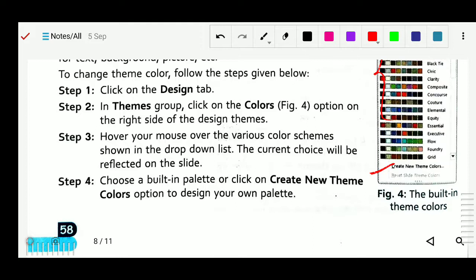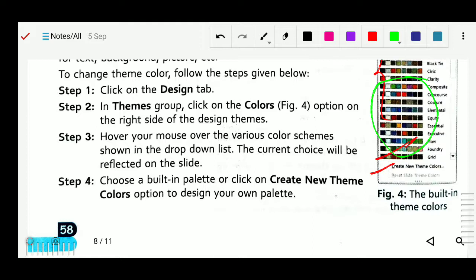Whenever you hover your mouse over these colors, you will see the color changes reflected on your slides. You can choose a built-in palette, or choose Create New Theme Colors to design your own palette.